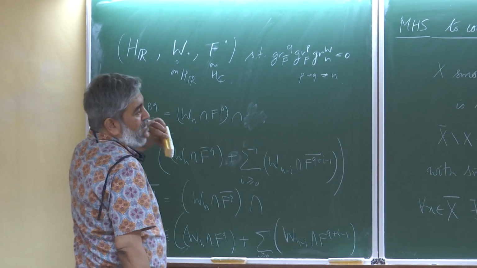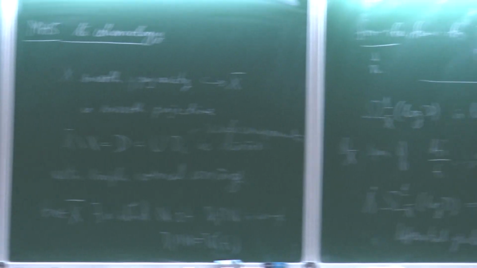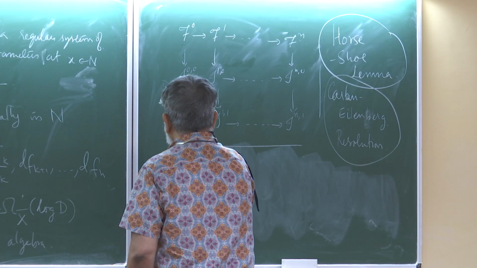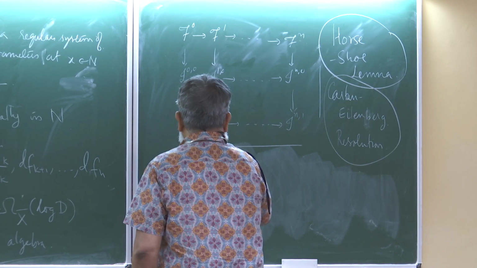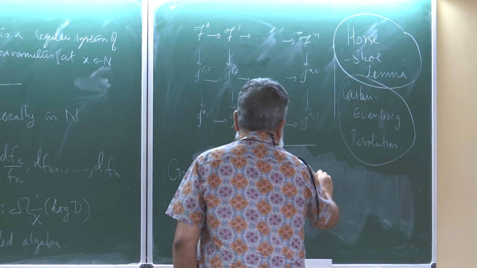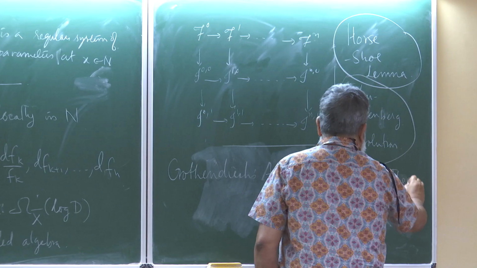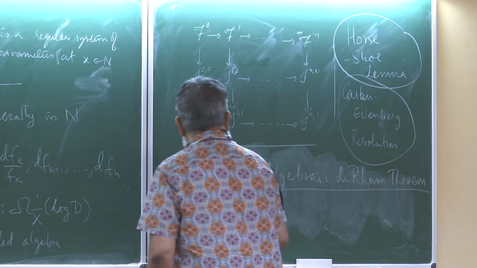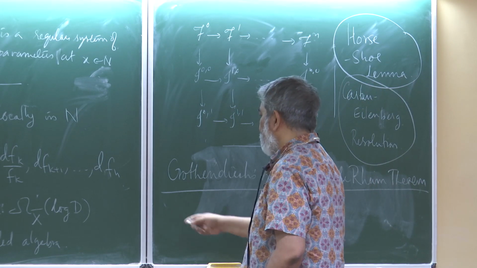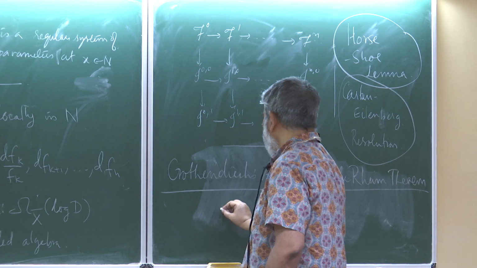Why did I want to say this? Yeah. So having said this, now one can use this theorem, which is, in some sense, Grothendieck's algebraic de Rham theorem. It's not the way in which it's usually stated, but I will state it like this, that there is a natural map from the constant sheaf to this in the analytic topology.